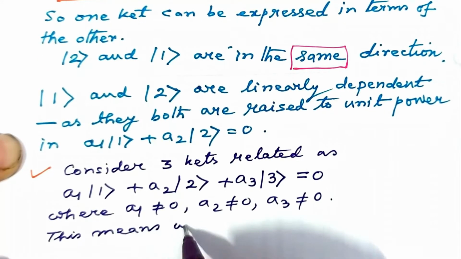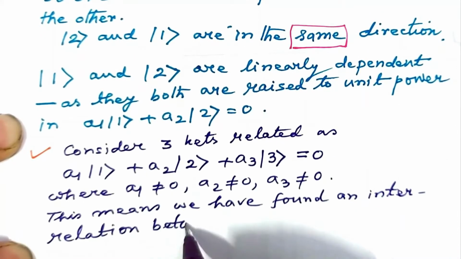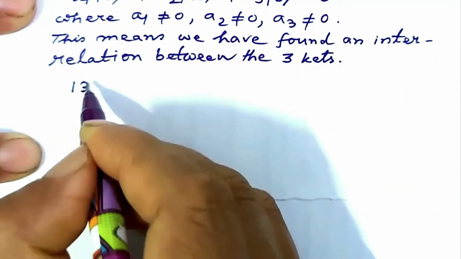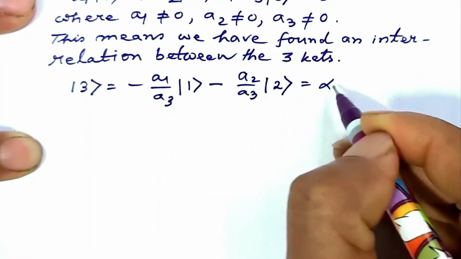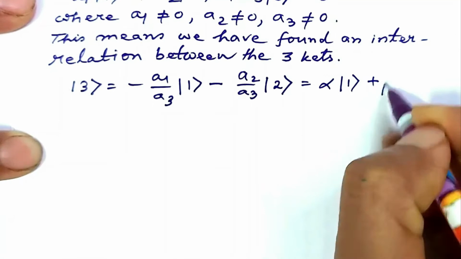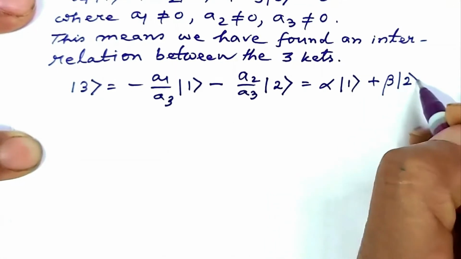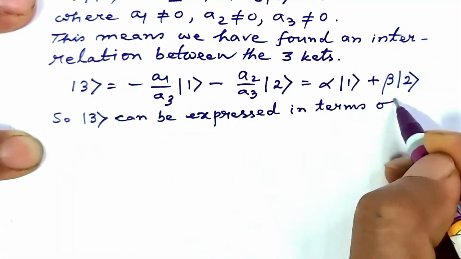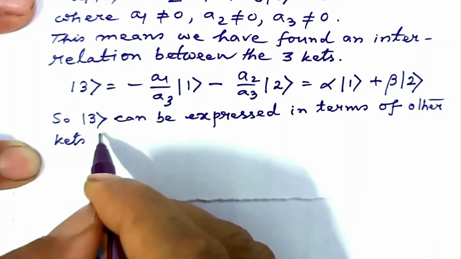This means that we have found an interrelation between the three kets, ket1, ket2, ket3. And since the three kets are associated or connected, we can surely express or represent one ket, say ket3, in terms of the others, as ket3 equal to some constant alpha into ket1 plus some constant beta into ket2. In other words, ket3 can be expressed in terms of the other kets, that is in terms of ket1 and